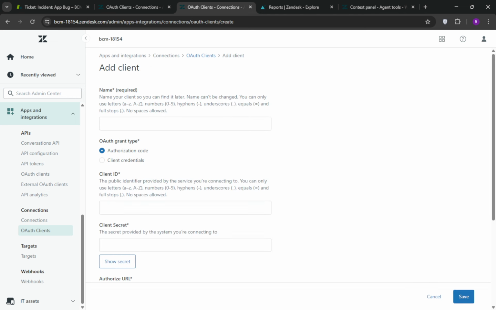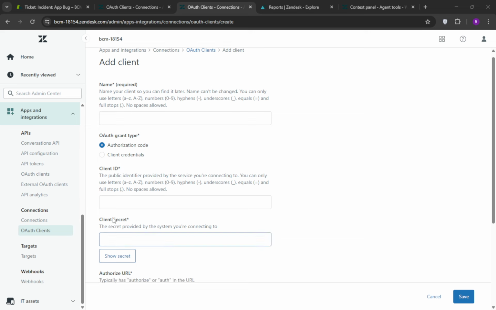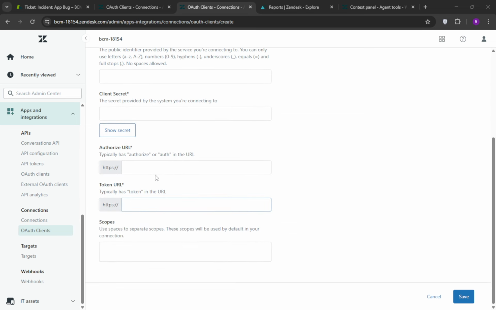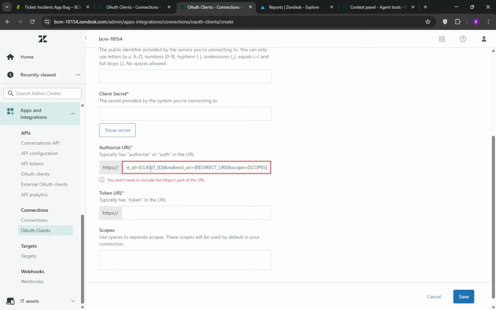Specifically, you'll redirect the user to a URL formatted like this: https://subdomain.zendesk.com/oauth/authorizations/new?response_type=code&client_id=...&redirect_uri=...&scope=... Zendesk relies on the OAuth 2.0 authorization code grant for user-based access, so this step is essential